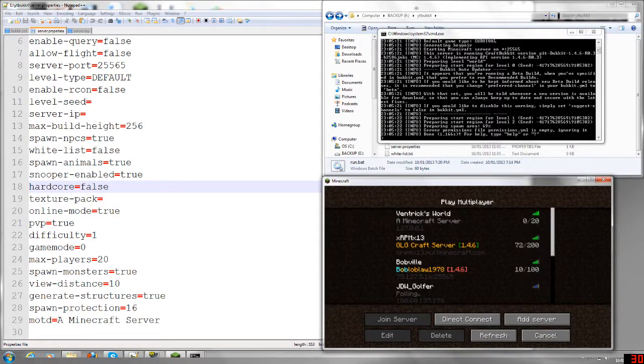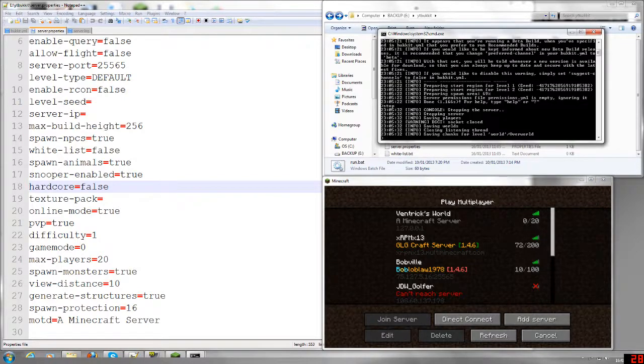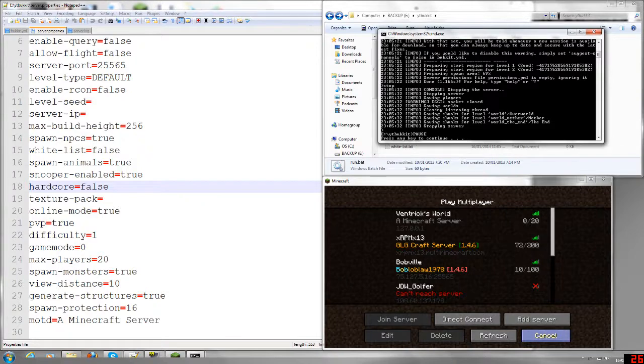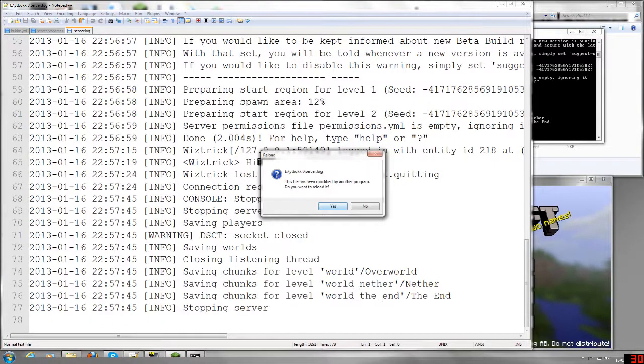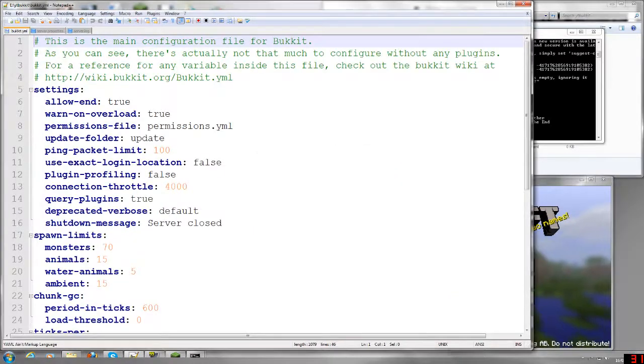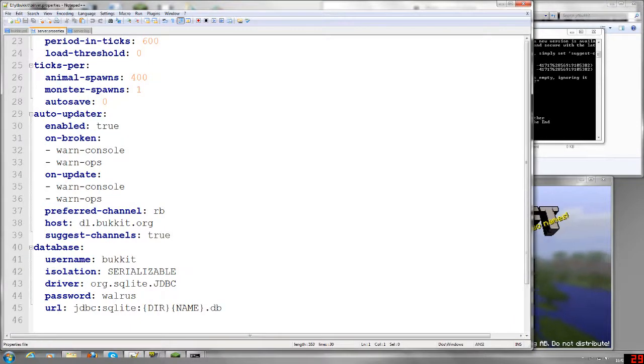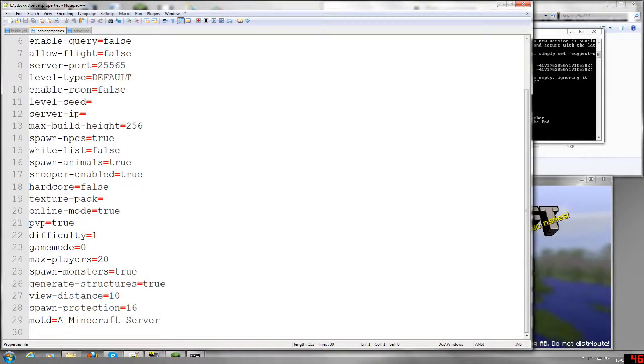And I go into multiplayer here, so I'll see a Minecraft server. Now if I were to stop this, I just cancel here. I have the files actually open for editing while I'm launching this. It doesn't really like that. But let's get back into server properties. I change my MOTD to Wiztrick's world, and then I save this,